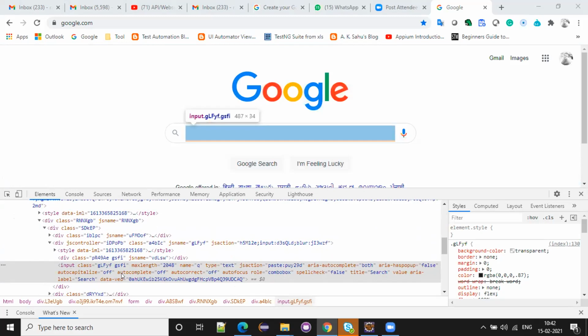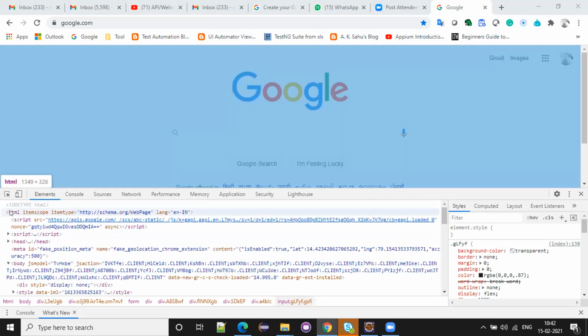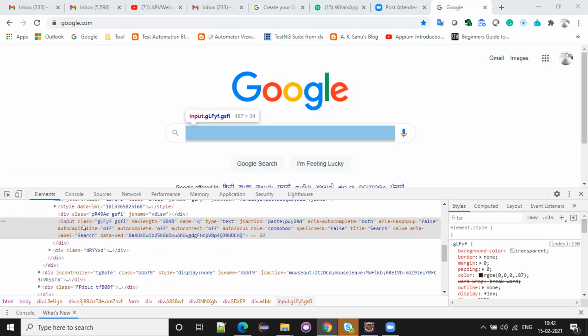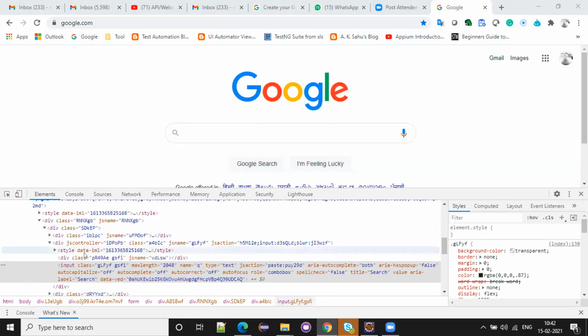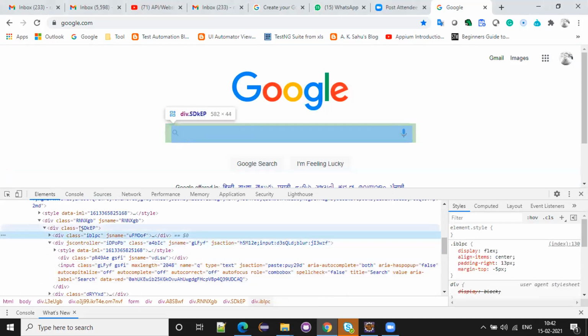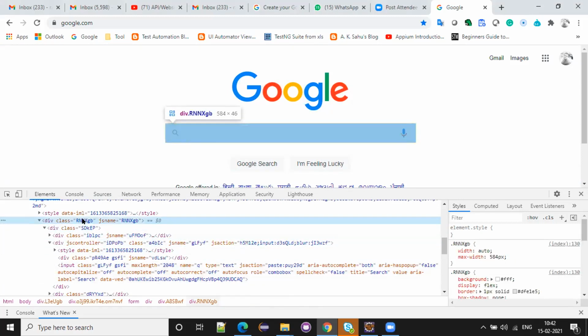So what is the drawback with the absolute? If I write my absolute XPath from the HTML, it will cover everything from here to here, click here, here, then here. So if something changes, so tomorrow,